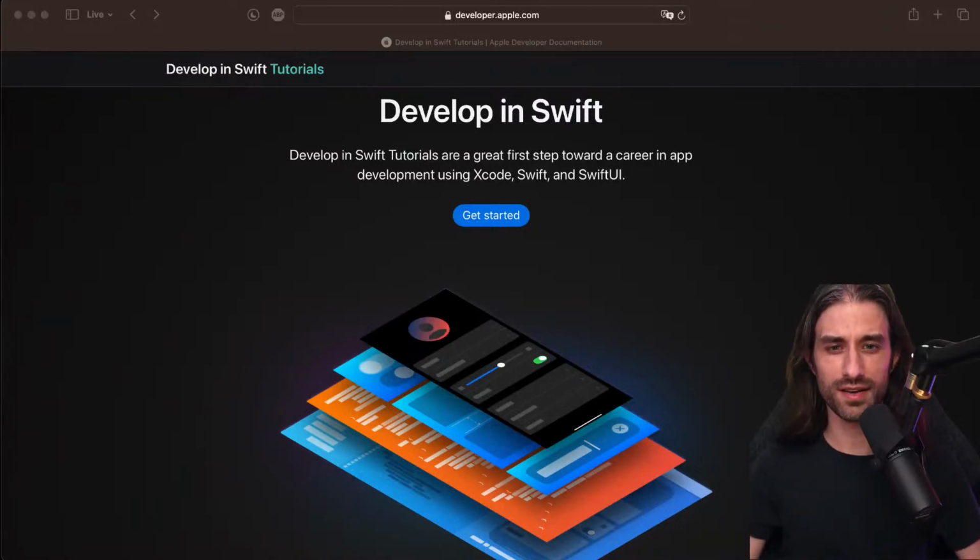Hey, what's up everyone? Welcome to part 3 of my training course to learn how to develop iOS apps using Swift, SwiftUI and Xcode when you're a complete beginner. So this is part 3. This means that before there have been two previous parts where we've already covered quite a lot of ground.